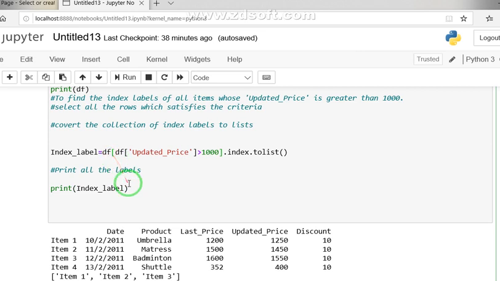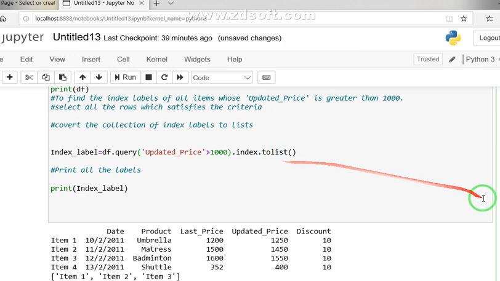I will use the DataFrame.query method, so the same question can be solved by it. I will remove this and keep the query here. Now I don't need square brackets, just the condition part. Clear? The condition is that updated price should be greater than 1000, and converting the collection of index labels to a list. Rest is the same.